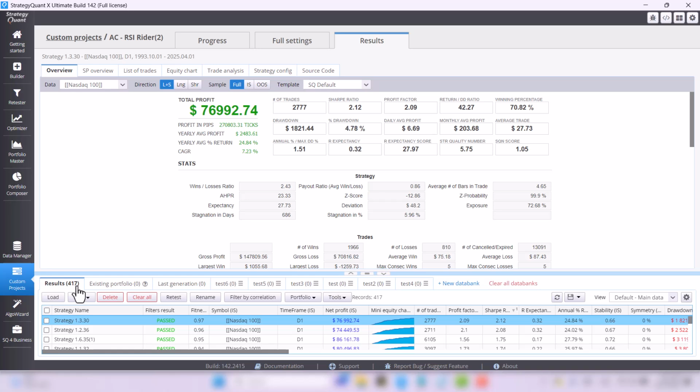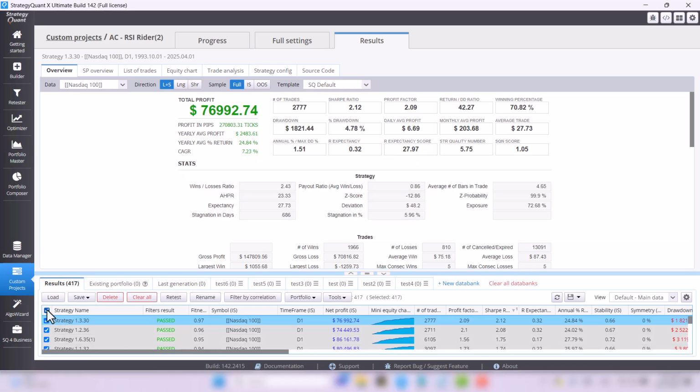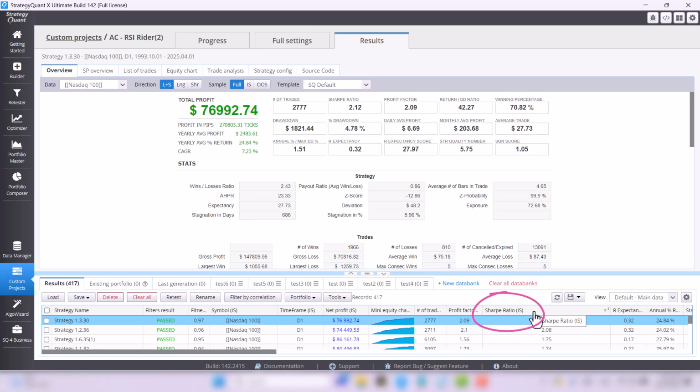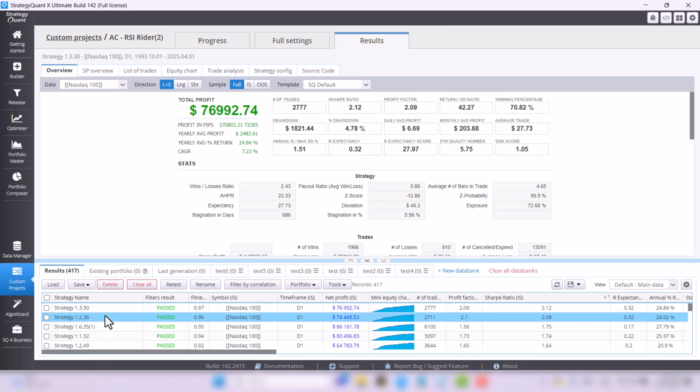In the case that you come up with a lot of strategies that have really good parameters, there is nothing to do but simply choose one. But this doesn't mean that when 100 strategies are generated, we test all of them and look for the best one, but we simply choose one of them and test it. In practice, it's usually best to rank the resulting strategies using the Sharpe ratio here in the data bank in this column, and then choose a strategy among the first, say, 5. For example, I choose this one.